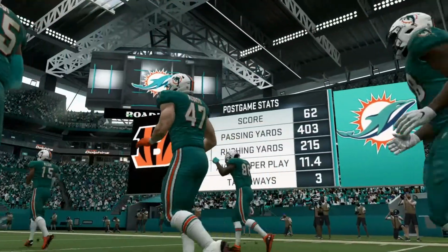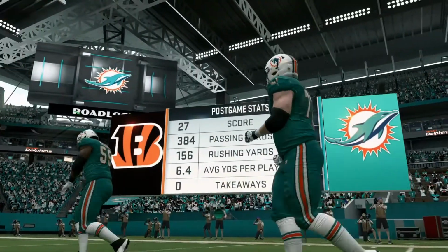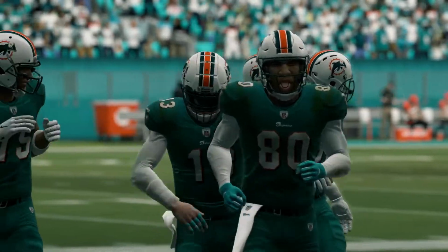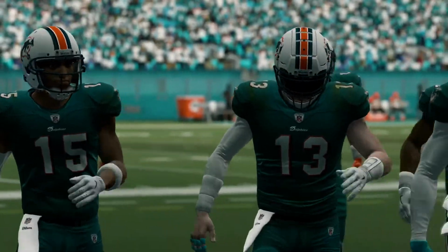So for Miami, it's an ideal start as they move to 3-0 now on the young season. And they will hit the road next week to take on the LA Chargers. Meanwhile, for the Bengals, they suffered defeat for the first time as they drop